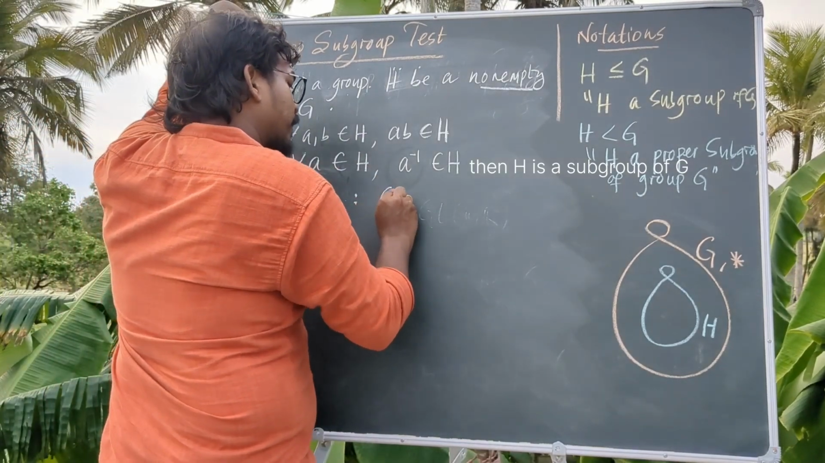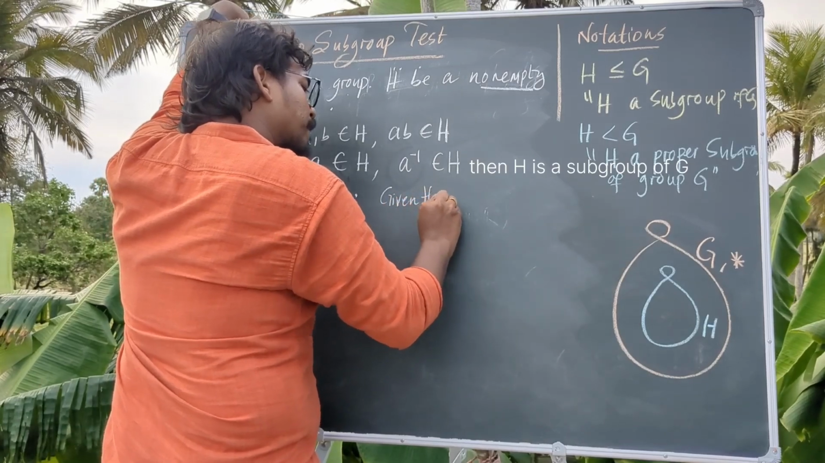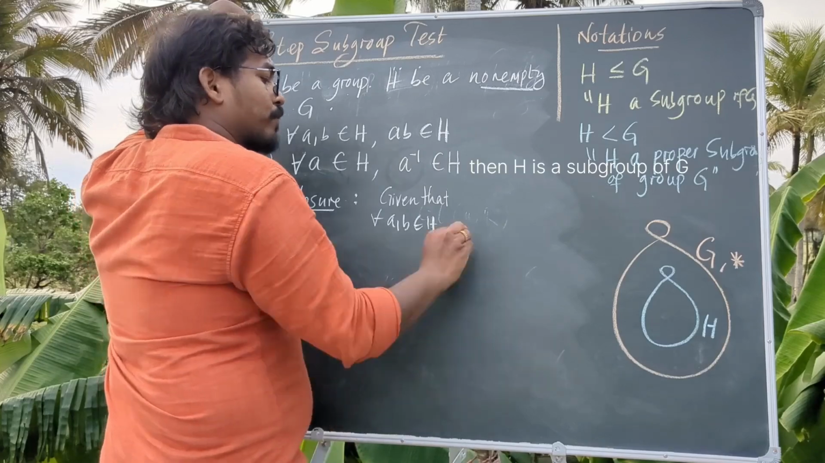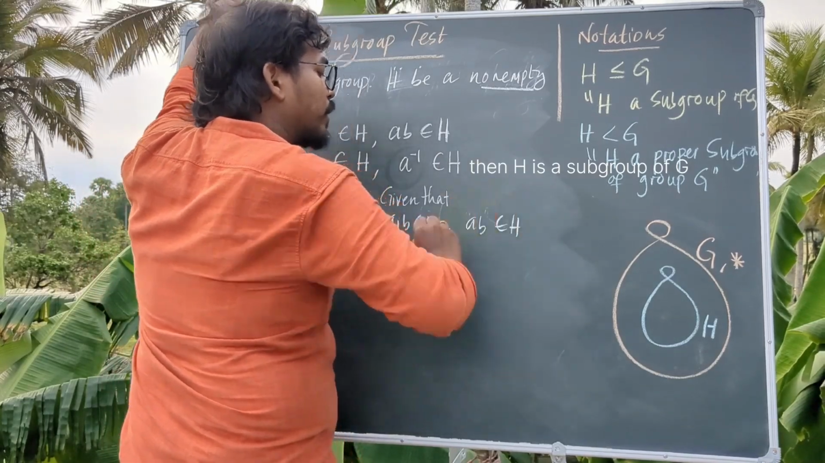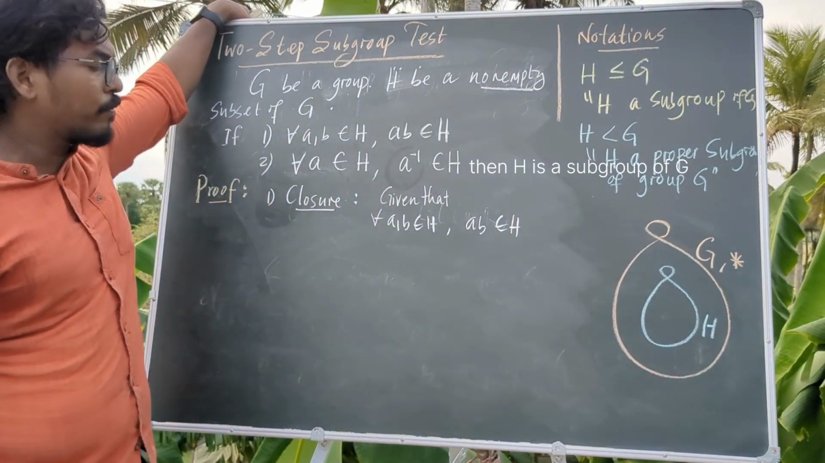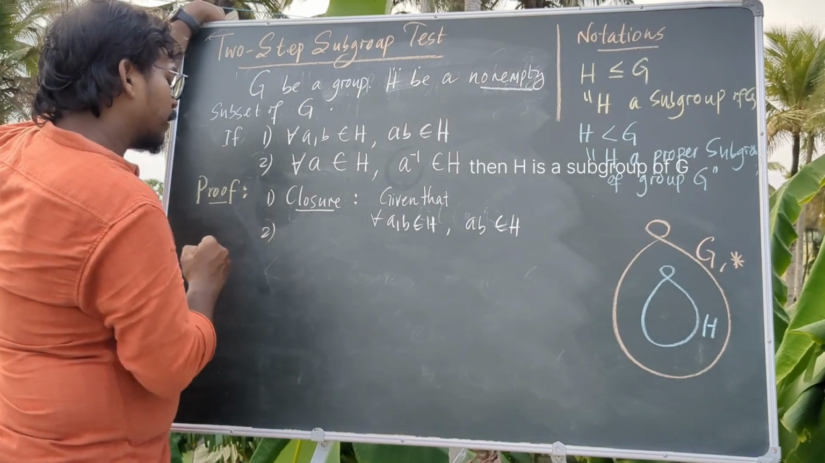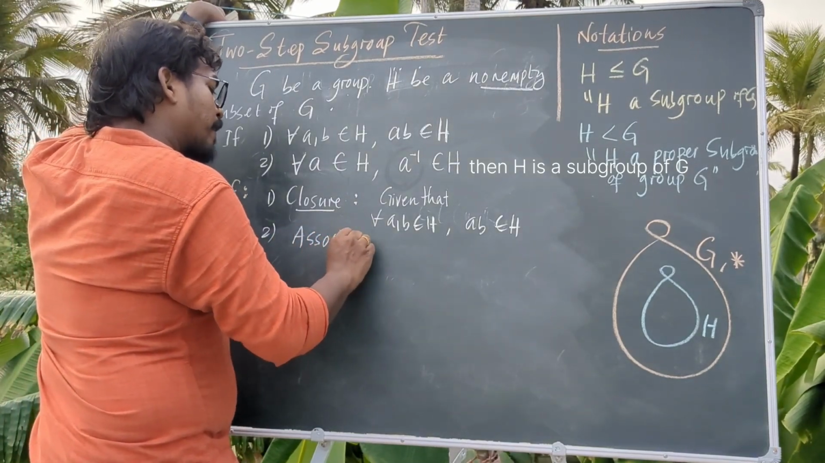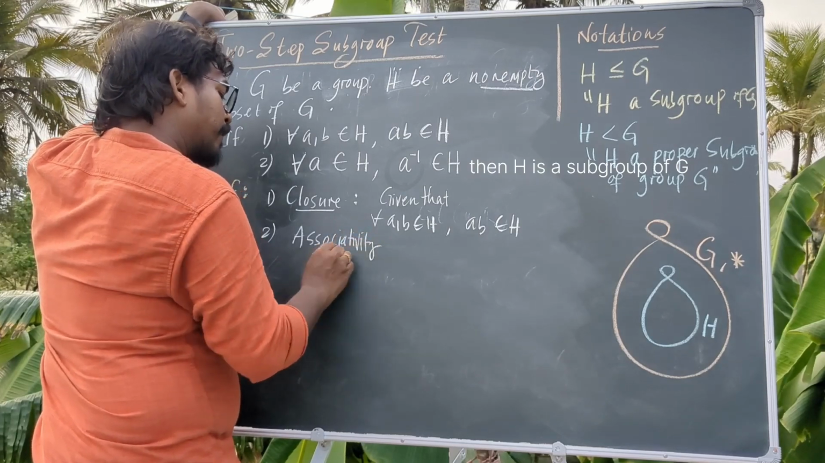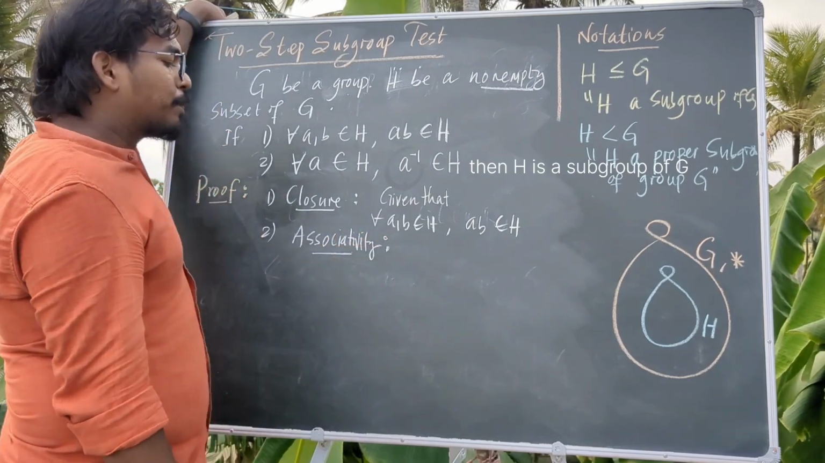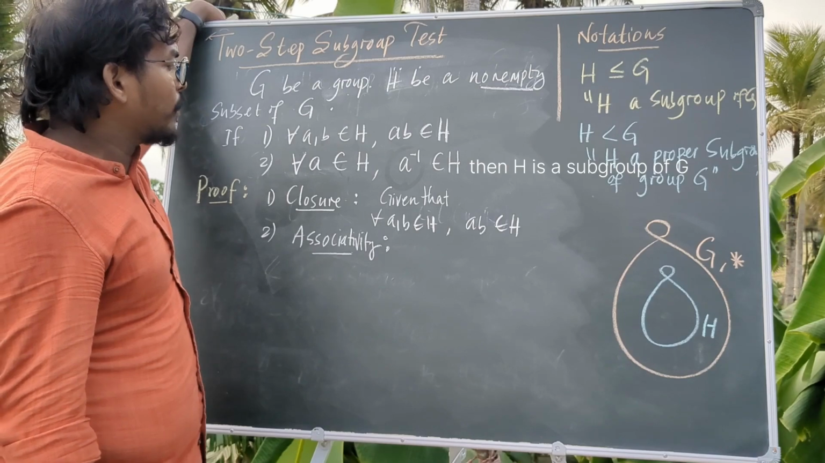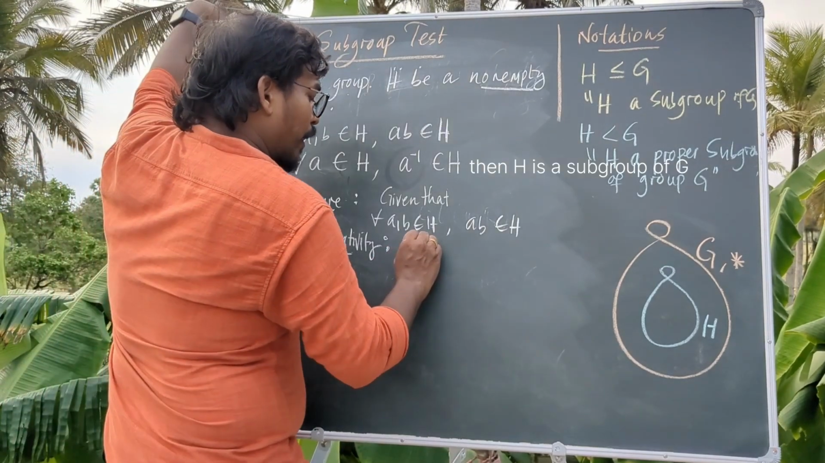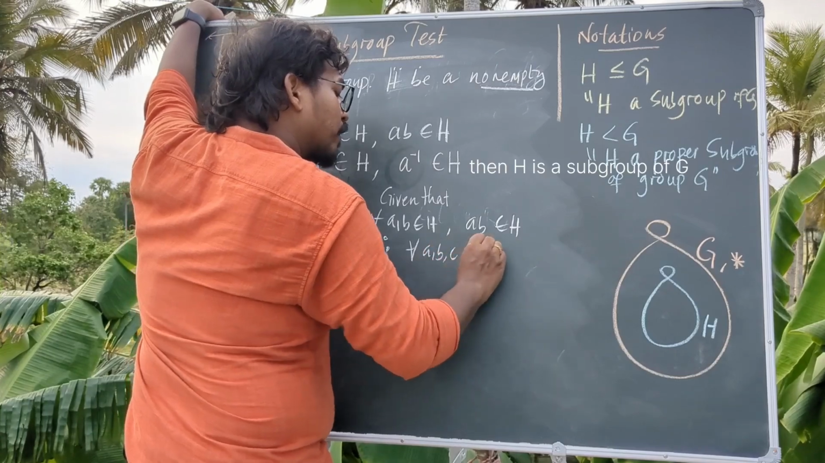It is given that for all A, B in the subset H, we have its product also belongs to the subset H. Second, also associativity, and this property will be inherited by the subset H from the group G, because for any three elements of the